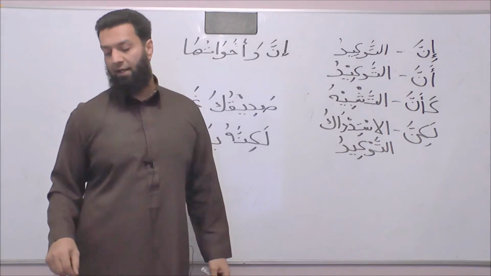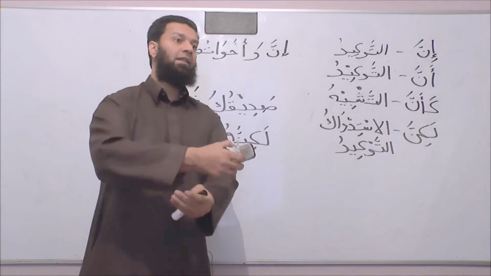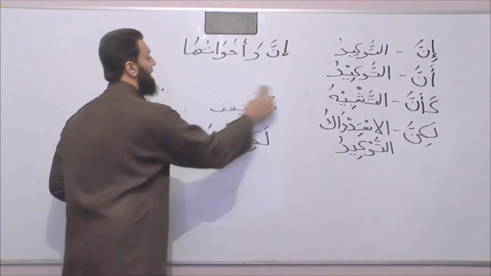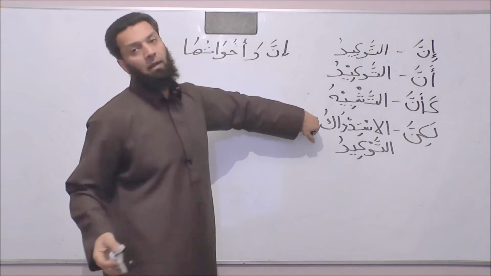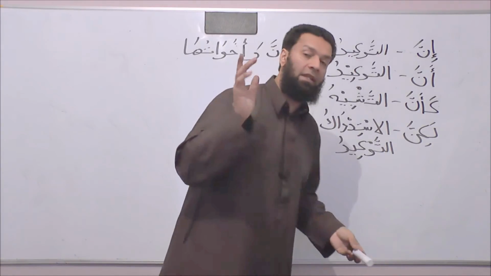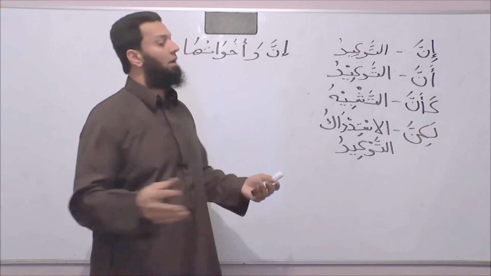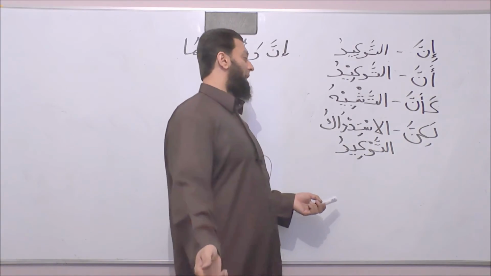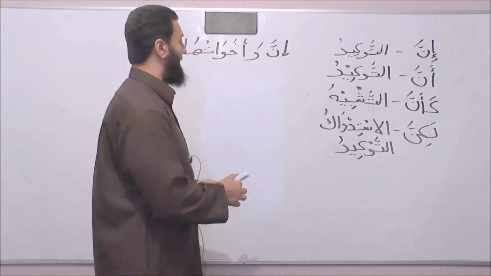bakhilun, is miserly. So we're saying that yes, he's ghaniyun, but don't think that he's generous and so on and so forth. Lakinnahu, because he, bakhilun, is miserly. So we have commented al-istidrak upon your friend, and then we have affirmed something else that happens to be the opposite. So, in regard to an example from Al-Quran, we could mention the ayah in Surah Yusuf, where Yusuf alayhi salam said,